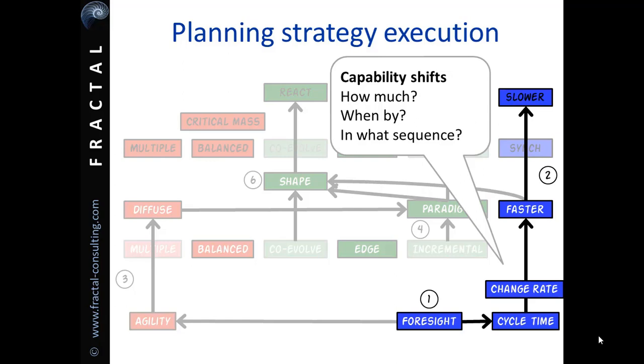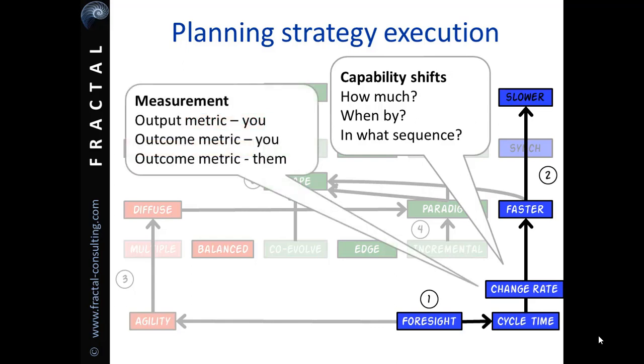The shifts in capability directly feed the transformation plan. Each shift in capability is a chunk of work that needs to go into the plan, and the sequence of the manoeuvres tells you the sequence in which the capabilities must be ready to be put to work. So the definition of manoeuvres directly generates the execution plan. You can quickly identify which parts of the organisation are engaged in executing the strategy, how they're affected, how they'll need to change, and how fast the strategy will need that change to happen. Equally, it's easy to identify which parts of the organisation aren't directly involved, so your execution plan can be far more focused.